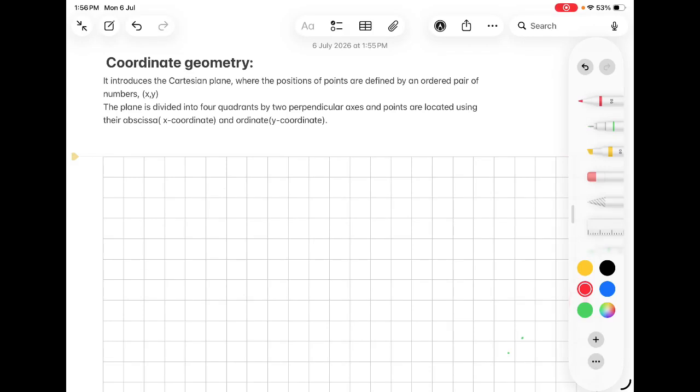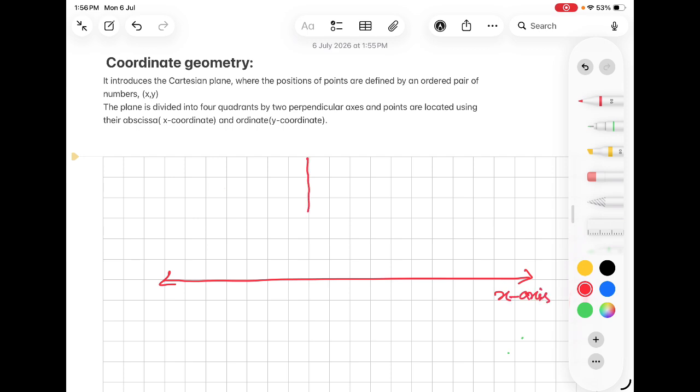Today we are going to discuss coordinate geometry from the class 9 syllabus, Ganita Manjari. Let's start: what is coordinate geometry? It introduces the Cartesian plane, where the positions of points are defined by an ordered pair of numbers, x and y. The plane is formed by a horizontal line which is called the x-axis